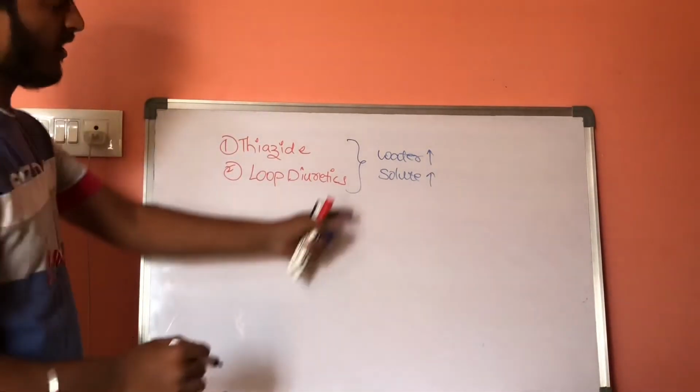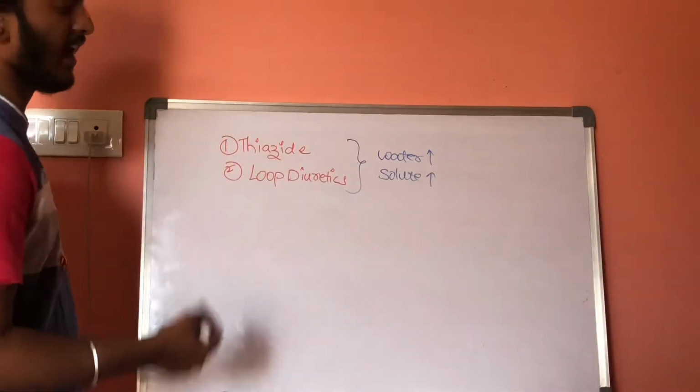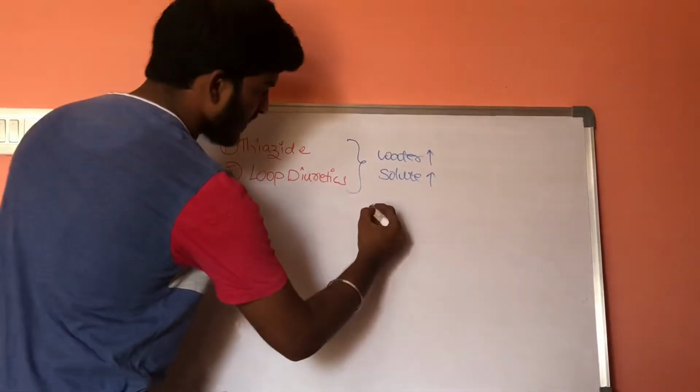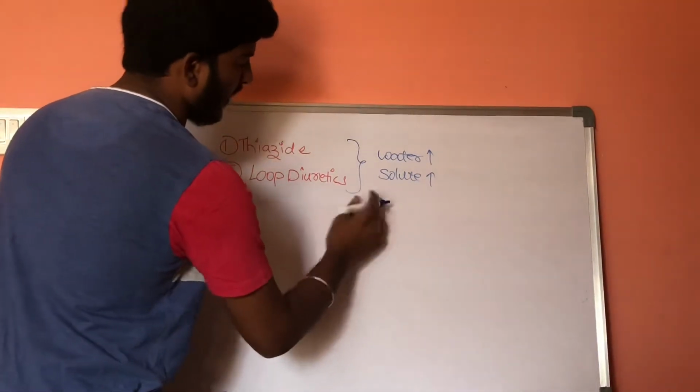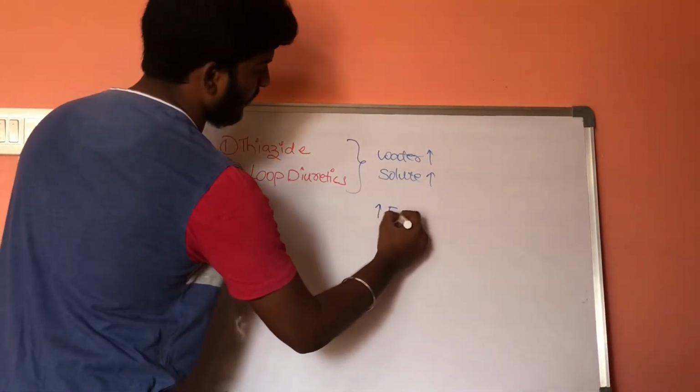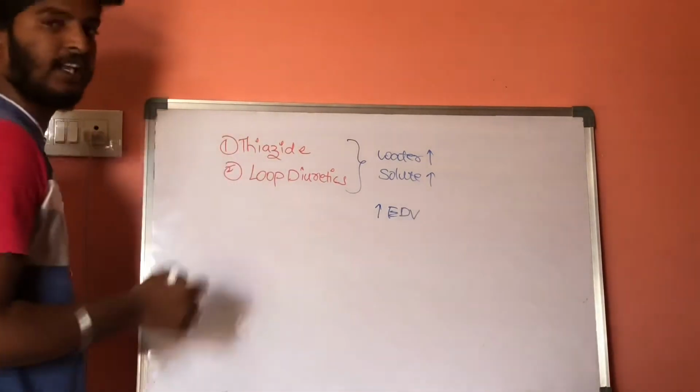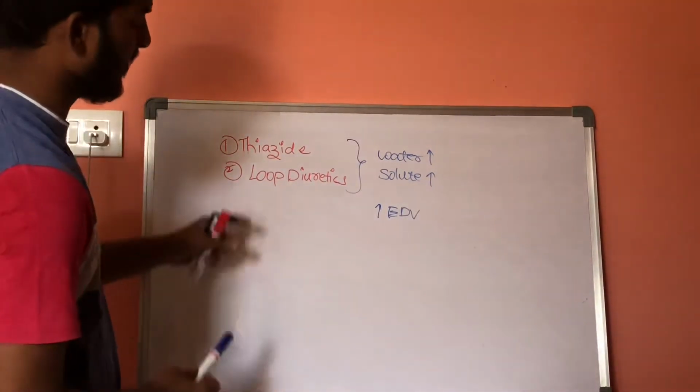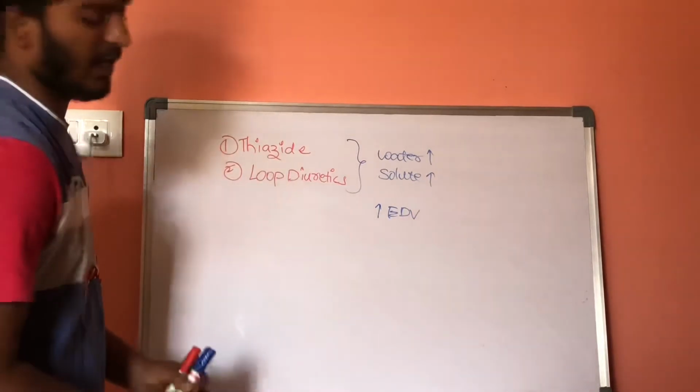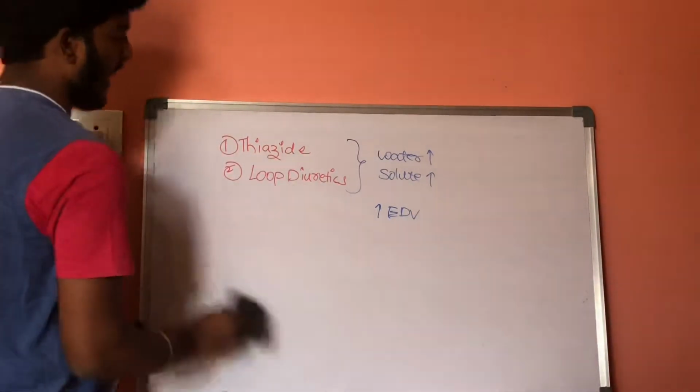As a result, the water content inside the blood will get increased and will increase the end diastolic volume, and will help in congestive cardiac failure. In this way, the loop diuretics and thiazides are useful, and there are